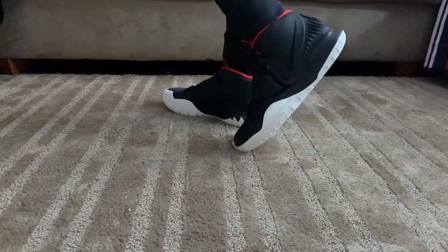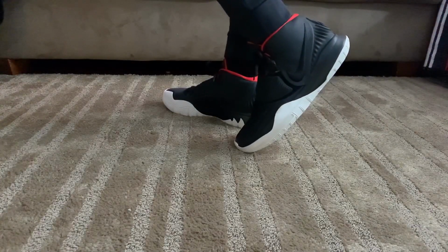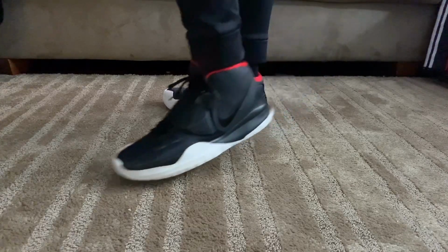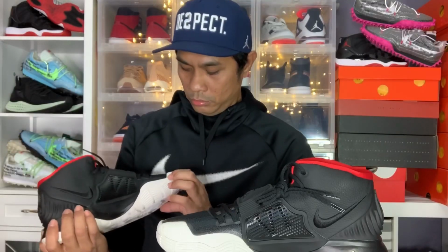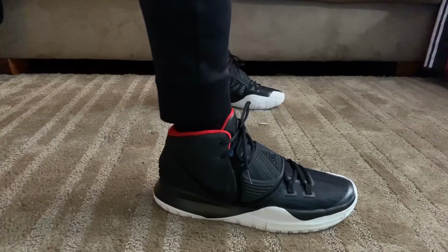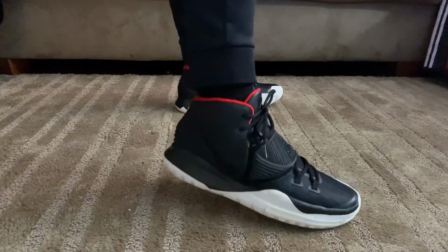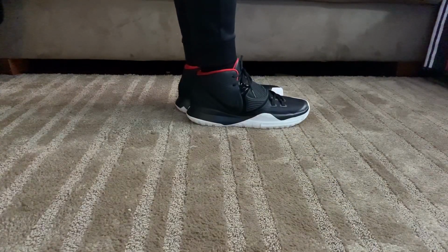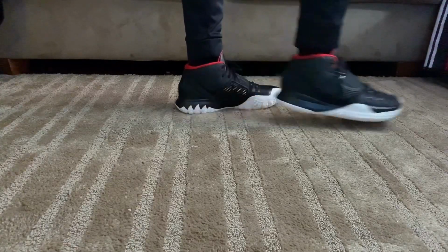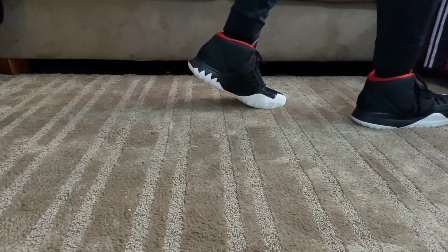Maybe the strap is making it narrow, so that's why size 12 is not really the actual size that goes on this one. If I was trying it like this for my foot, it is kind of big, like right here for 10 and a half. But when my foot's already in, it really fits on me for a 10 and a half foot, and can fit really good on size 12. So I thought I'm just gonna resell it, but hey,